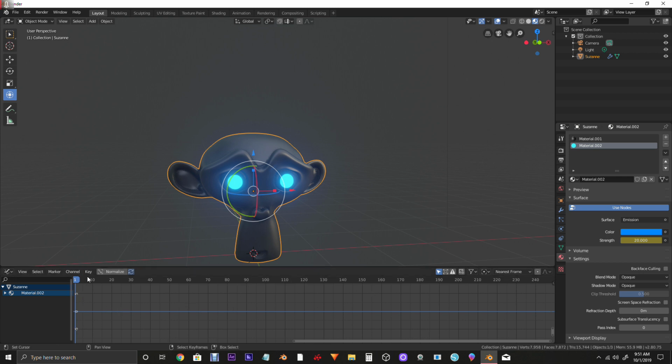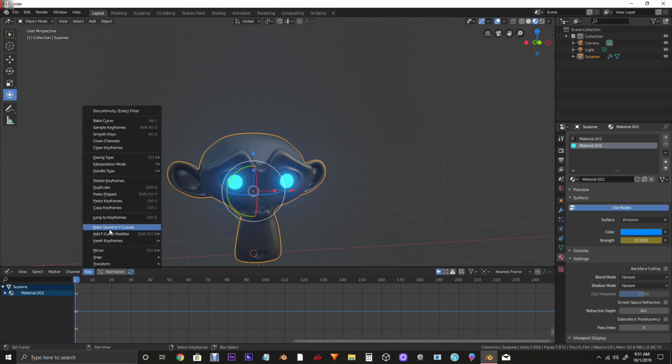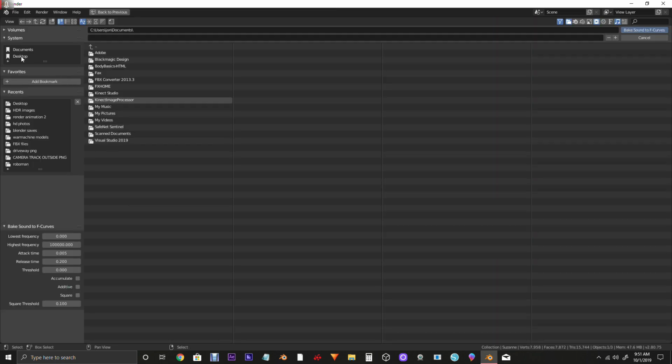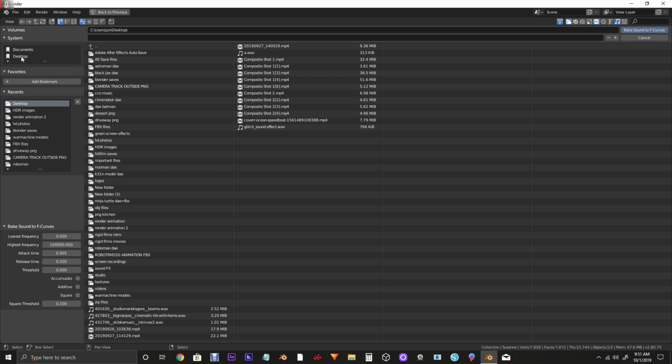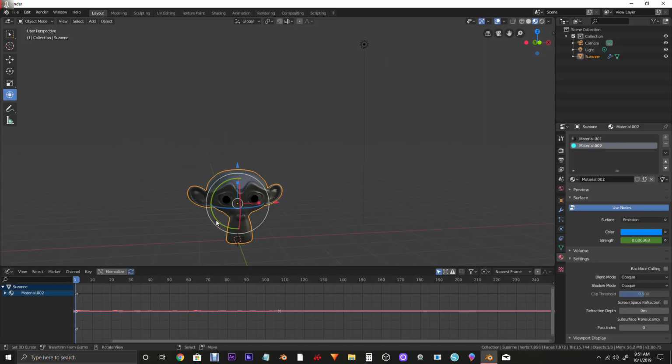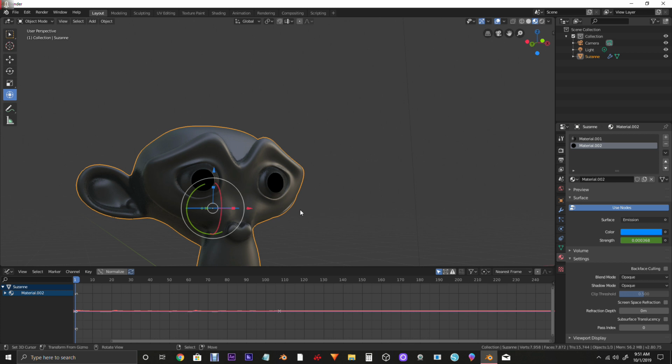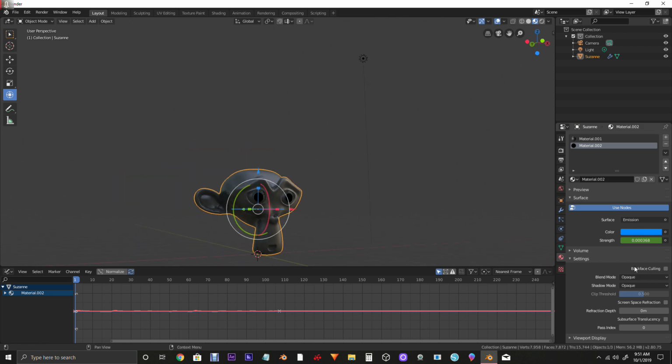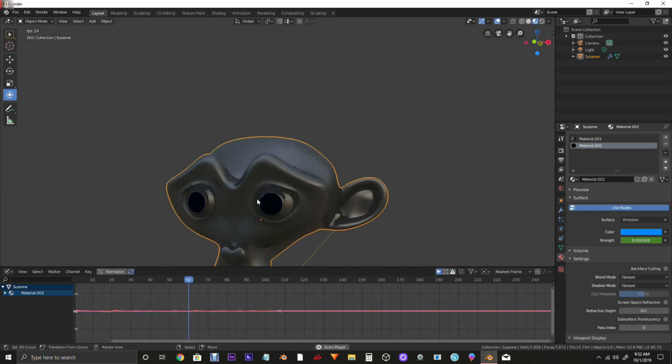And now we want to go to key, bake sound to F curves, and you want to go to wherever your sound is located. Mine's on my desktop. It's a glitch sound effect that I downloaded. Okay, so now you can see that the color just went black, meaning that it's starting at a 0 number. So if I go ahead and play this, you can see that it's glitching now. It's going right with the sound that it's supposed to be going with,